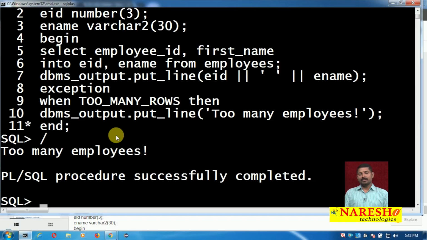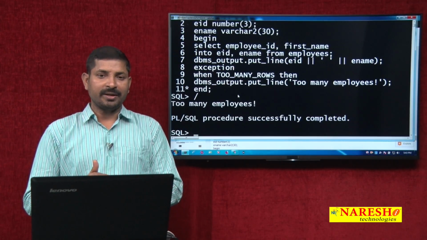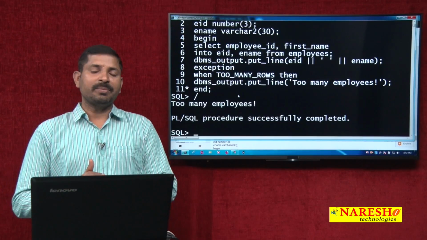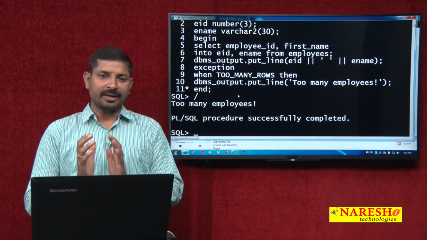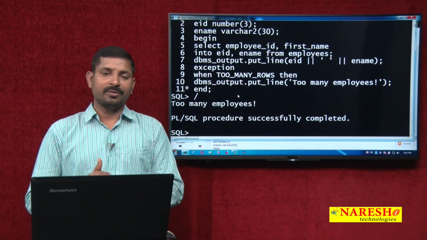Apart from that, you also have user defined exceptions. User defined exceptions basically are created when a user wants to create their own exception and then handle that exception. Basically there are hundreds of predefined exceptions in Oracle. Then you might think why there is a need of creating a user defined exception. Basically predefined exceptions in Oracle are for technical reasons, whereas user defined exceptions are more for business